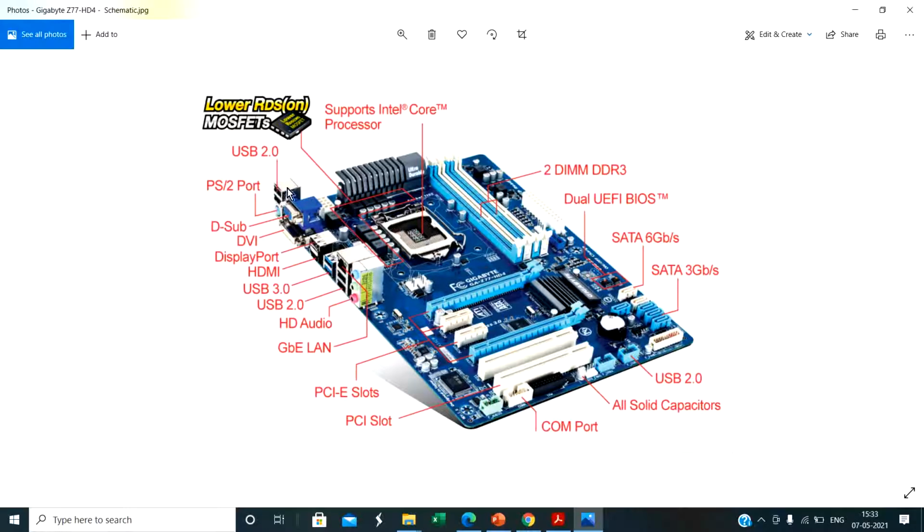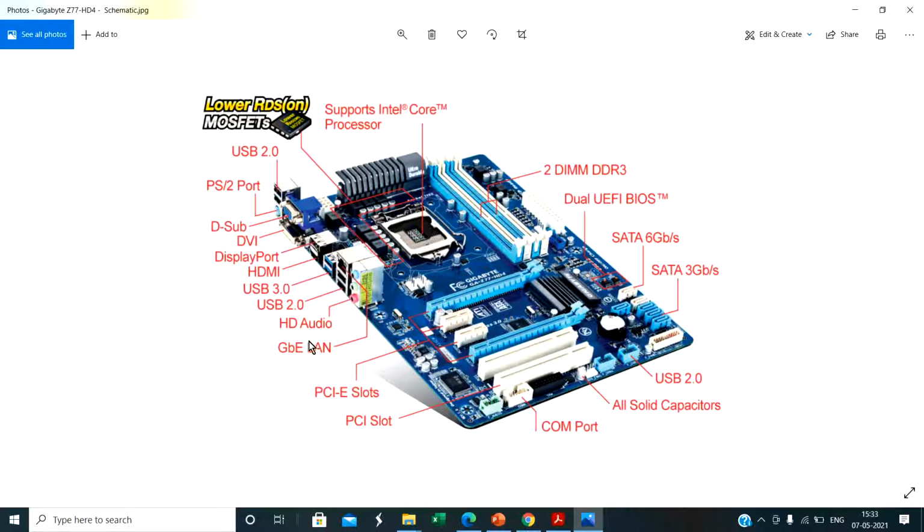At this point, this is the USB port. We can connect various USB devices here, like a pen drive or a USB mouse. Then next is the display port. The display port is used to connect various monitors, various output devices. Then next one is USB 3, USB 2. These are also USB ports. Then HD audio. Here we can connect your headphones.